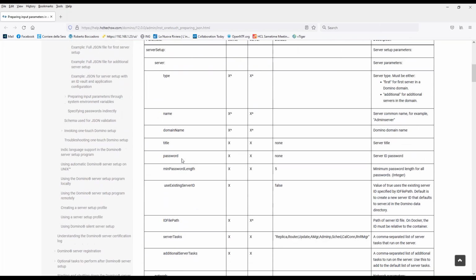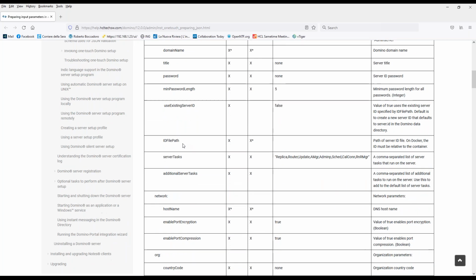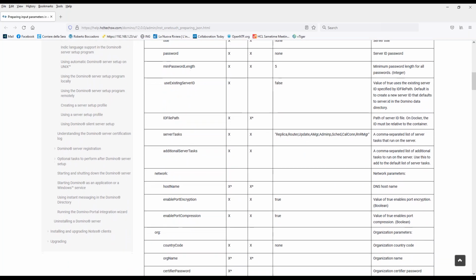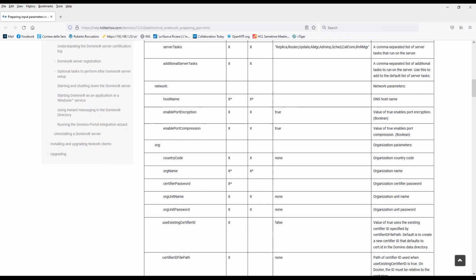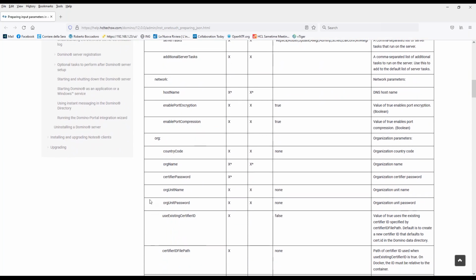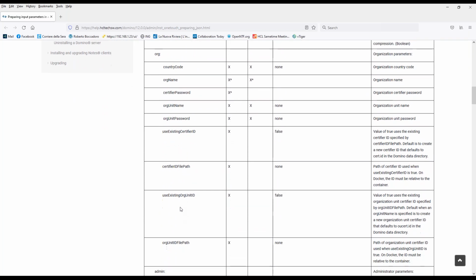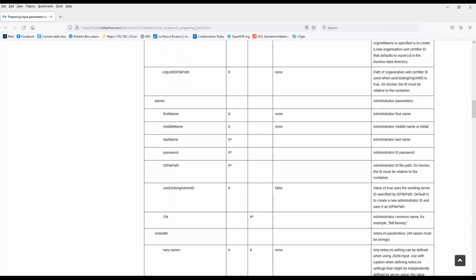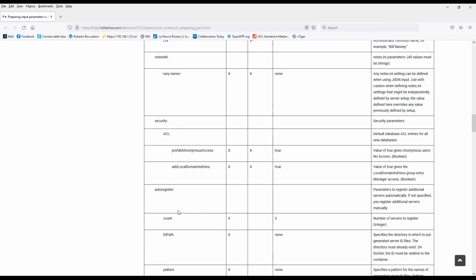Name, domain name, title, password, minimum password length, use an existing server ID, ID file path, the server task, the additional server task, all the parts of the network, all the parts relevant for the organization, use an existing certifier, otherwise create a new one. Admin, first name, last name, notes INI settings, HCL,